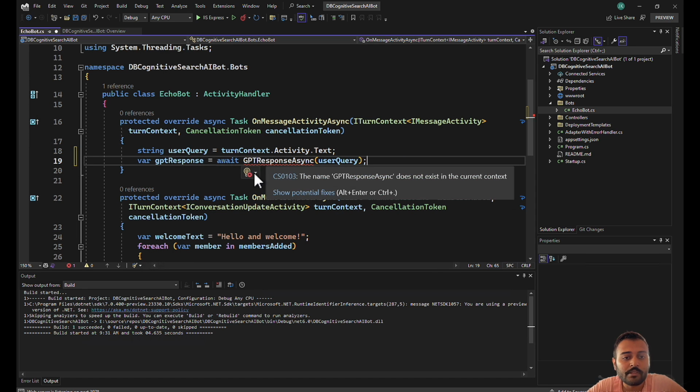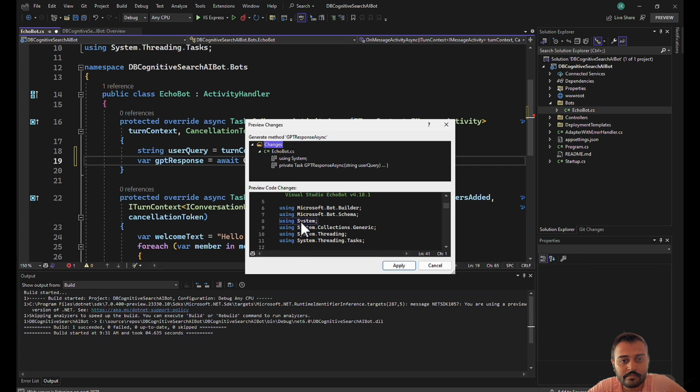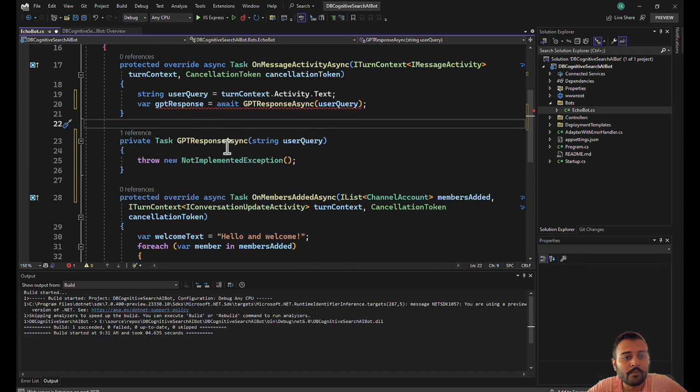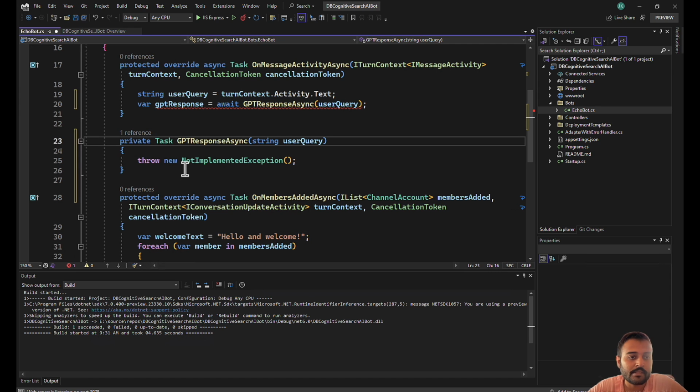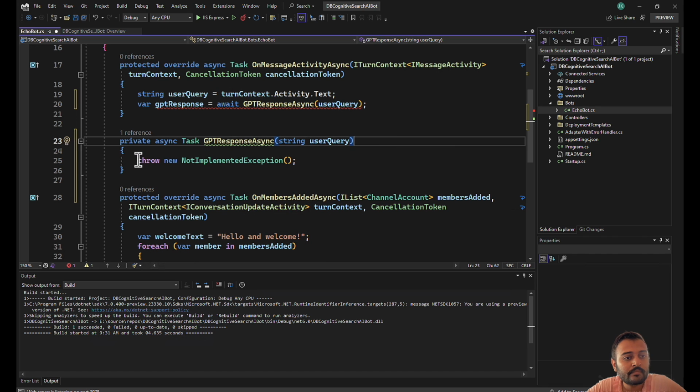Okay, let's create a method for this. Okay, that's fine. I have my method ready. Let's make it async. Let's get rid of this piece